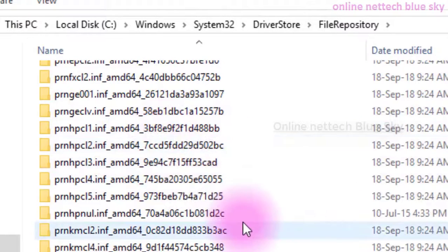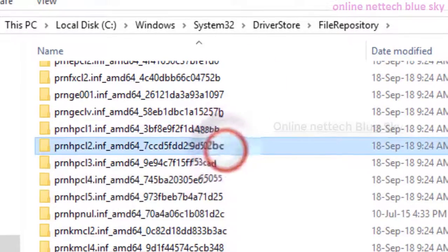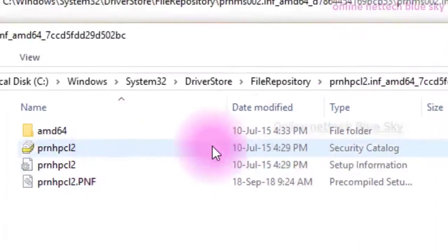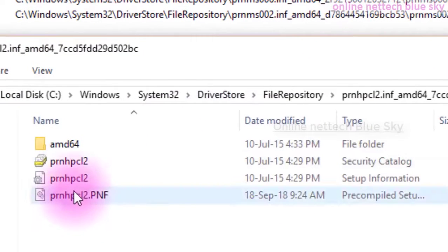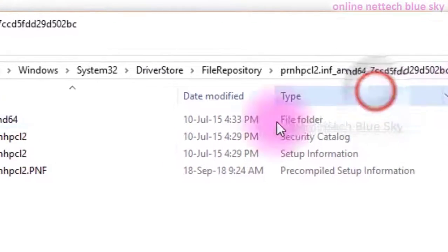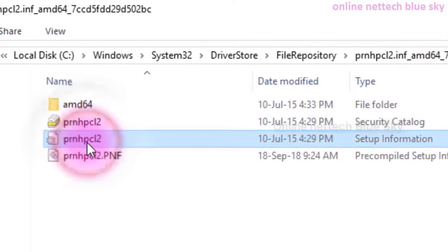And prnc1, c2, you can see prn3. We are using only prn1, I'm just showing one, not prnc2. This is a file, the main permission setup file here. You can see this is the driver file, with the setup information tab here.